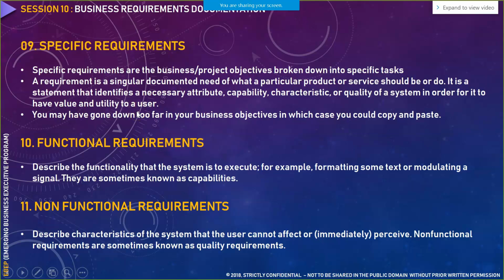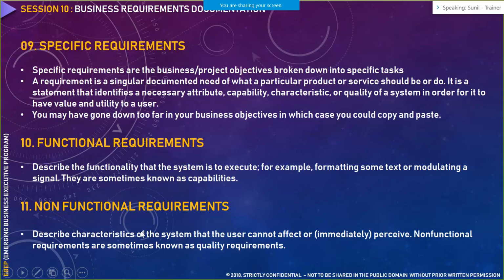Then in the next section, you have to specify your requirements at a very high level. Very high level means you just write down the requirement in one liner. You don't have to detail it out. Detailing would happen in your functional specification document or in your user stories. You need not write detailed requirements over there. When you write a specific requirement, you have to categorize it as a functional requirement or a non-functional requirement.